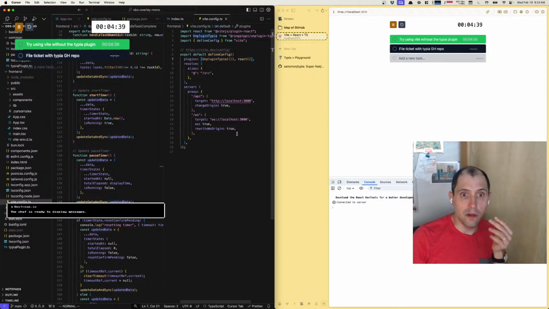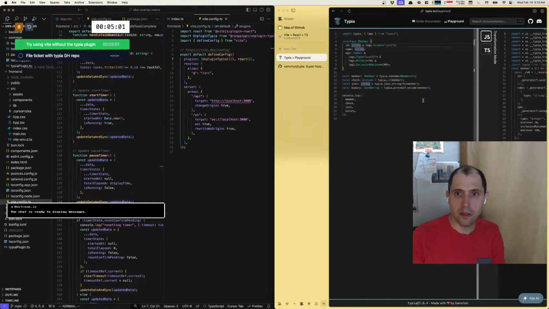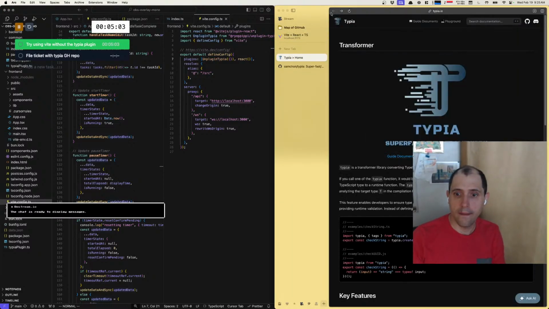And I'm running Vite with bun dev or npm run dev, which should run Vite, all that good stuff. But this is not working. So maybe I need to add a TypeScript transform in here too, because when you're configuring Typia, you're supposed to